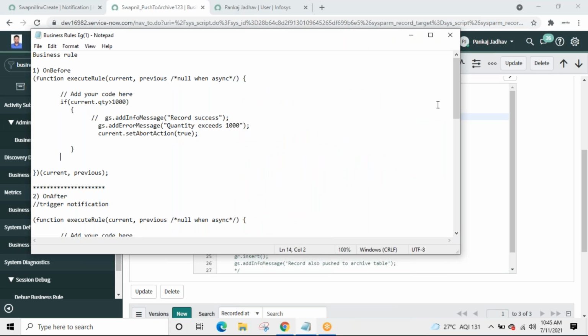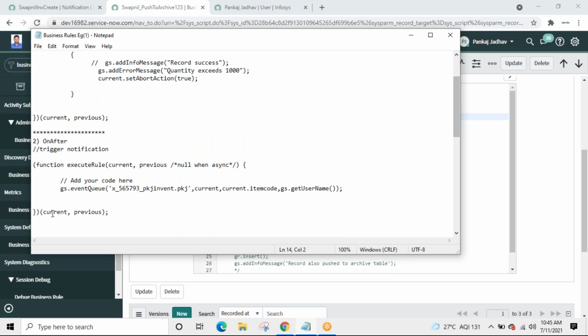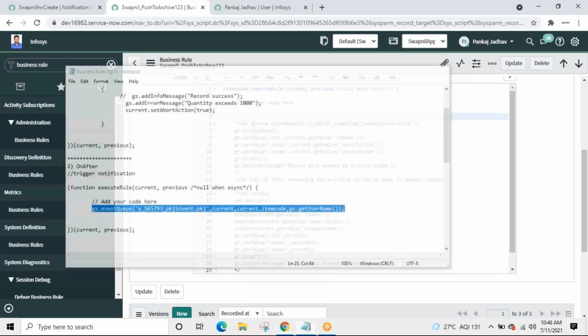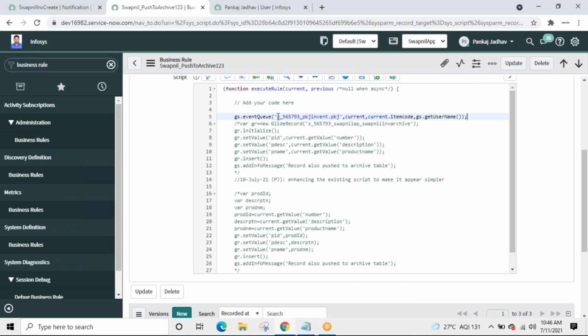Now we have something called event queue function. Very important question. It will be asked in the interview. How to send dynamic notifications? You have to say we can trigger it from any server-side script using event queue function. gs.eventQueue. GS, what is it? Glide system object. Server-side object given by ServiceNow. A ready-made object using which we can do n number of things. We can do gs.info, gs.log, gs.addInfoMessage, gs.addErrorMessage,